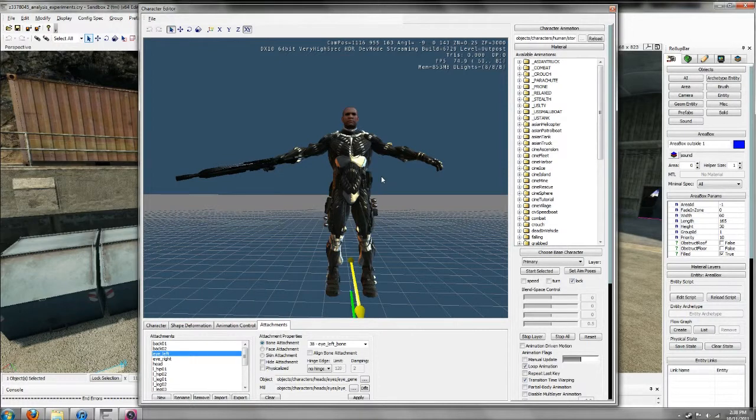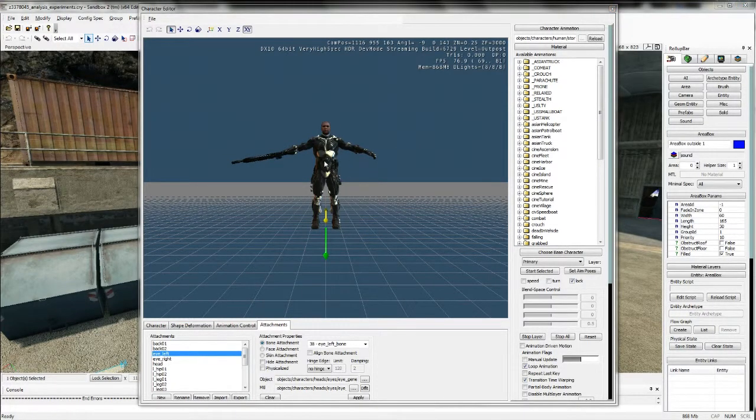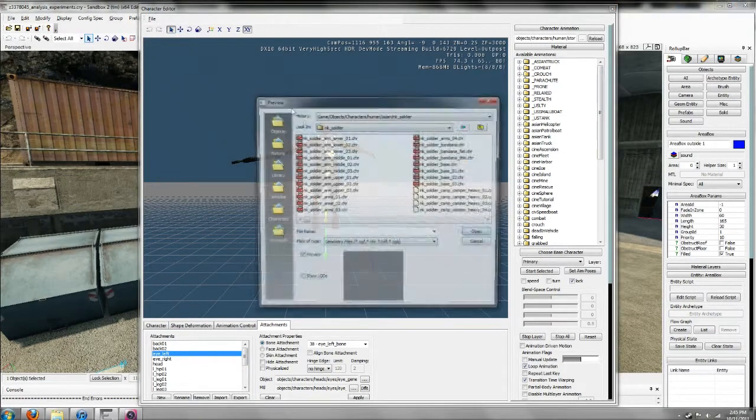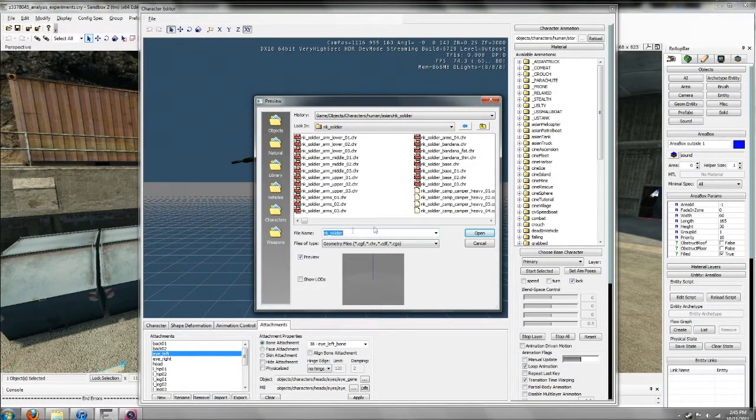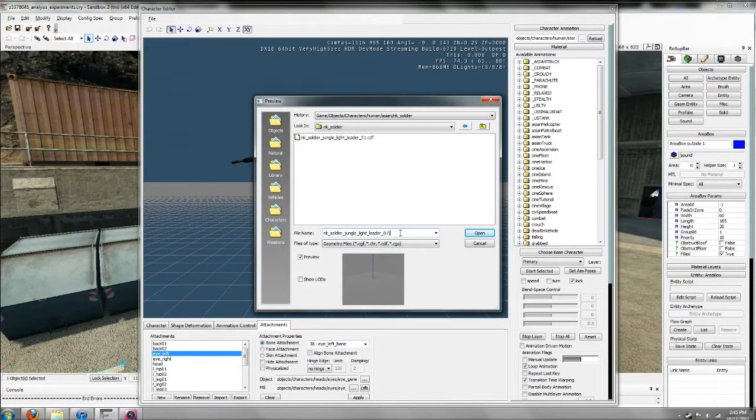Because of the way the game was created, instead of creating our own custom skin from scratch, what we need to do is open up an existing one and change the overlaying materials on top of it. So to do that, we navigate through to File and Open, and then if we start in our objects folder, we navigate to characters, down to human, Asian, NK_soldier, and then we want to find a skin titled NK Soldier Jungle Light Leader 1. So when we open that,